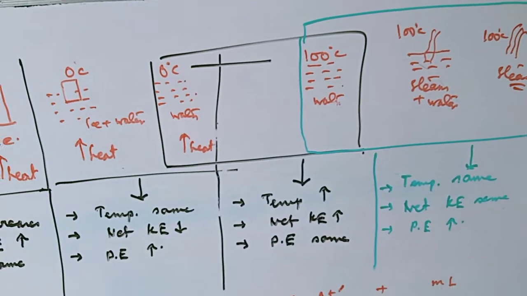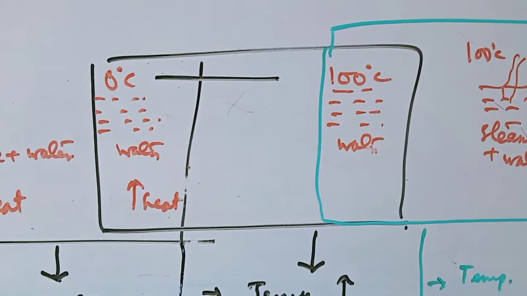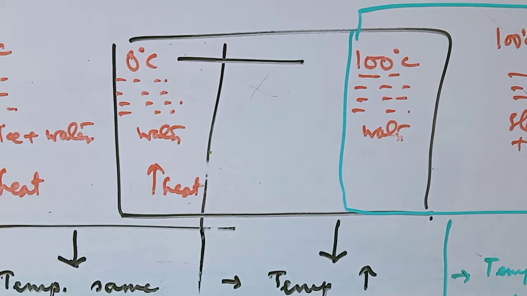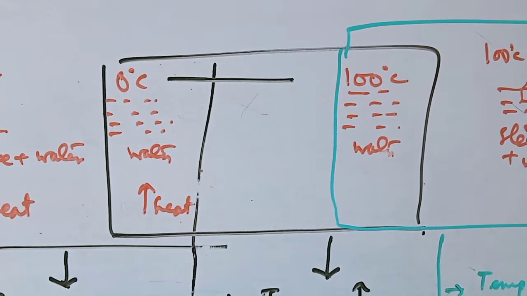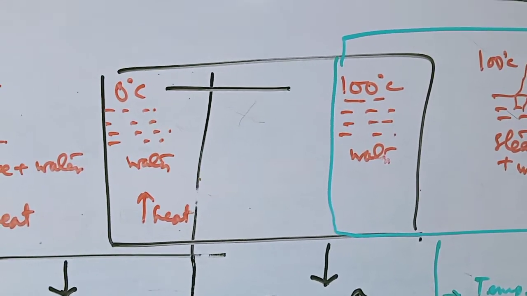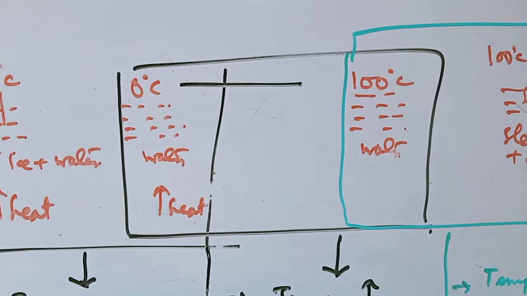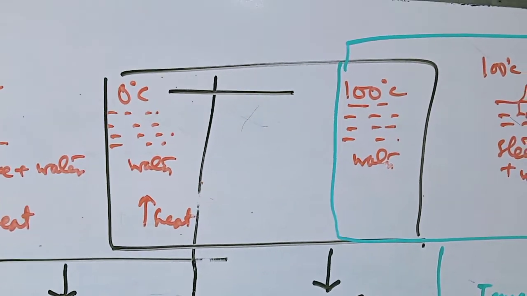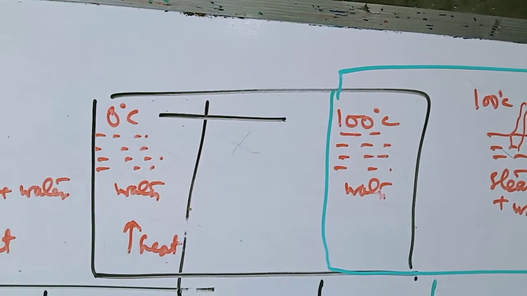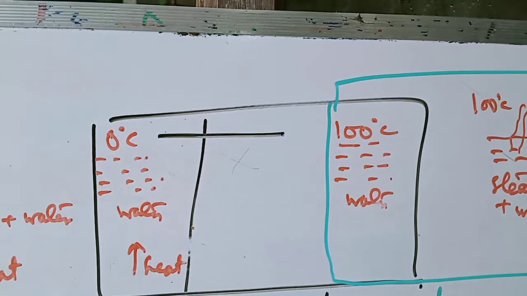Now what happens when the temperature is further increased? When heat is supplied to water at 0 degrees Celsius, the water will slowly increase in temperature: 0, 1, 2, 3, 4, 5, 6. Heat is being supplied and temperature is increasing. This increase in temperature will continue up to 100 degrees Celsius. So the heat absorbed is a sensible heat, that means it is manifested in the thermometer. Since the temperature is increasing, the kinetic energy must be increasing. But since there is no change in state, liquid remains liquid, the intermolecular space remains the same. That means the potential energy remains the same.